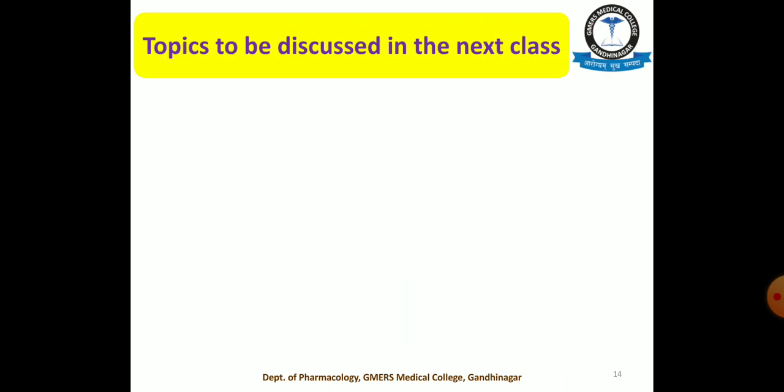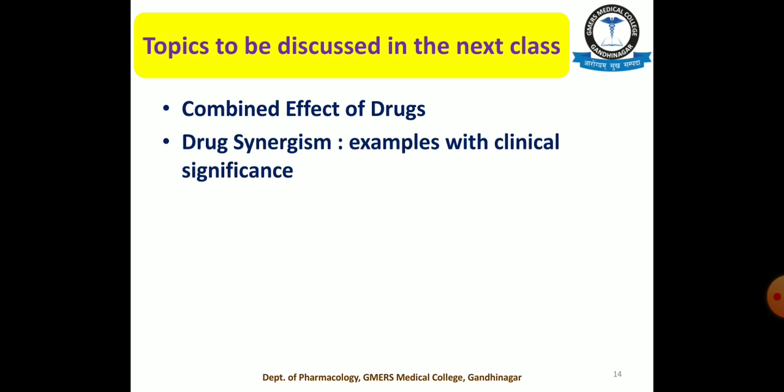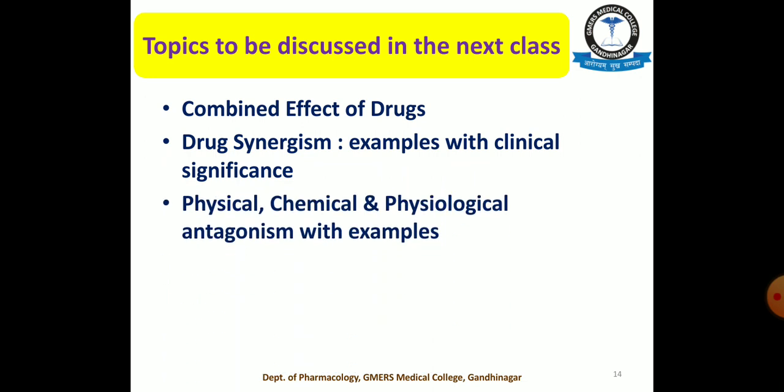So now the topics to be discussed in the next class: obviously we will discuss in short the therapeutic index, then combined effect of the drugs, because in clinical practice, in the majority of prescriptions, 2, 3 or even 4 drugs are prescribed. It is hardly that you will find a prescription in which a single drug is prescribed. So what will happen? What are the pharmacodynamic consequences if you are giving the drugs in combination? You have to give the examples as well as the clinical significance of drug synergism and the different types of antagonism, physical, chemical and